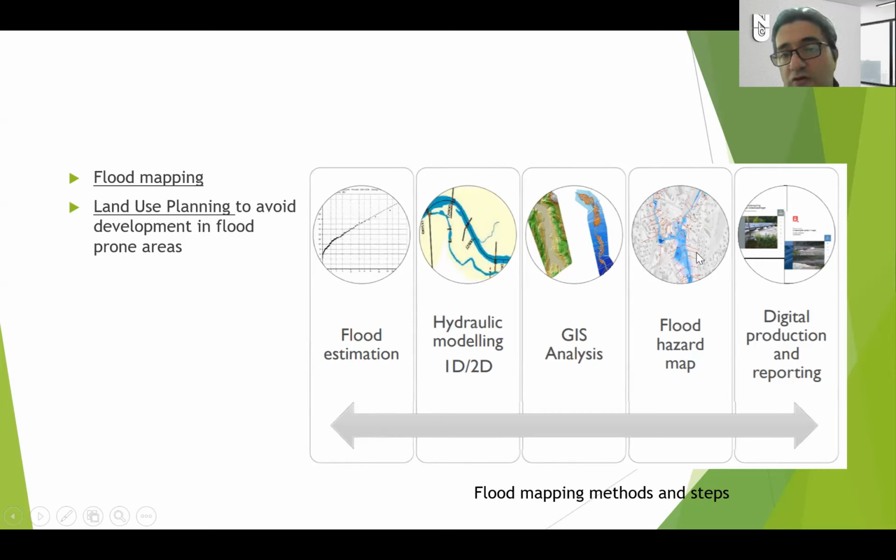And then, of course, there is always digital production, reporting, and analysis based on your findings. All those skills are soft skills that are developing recently. For example, if you are a GIS expert, you can easily fit into many positions in the government. They're always looking for the best GIS experts. And if you have some experience in flood hazard maps, it provides additional benefits on top of GIS expertise. So these are some soft skills you can gain as an engineer.